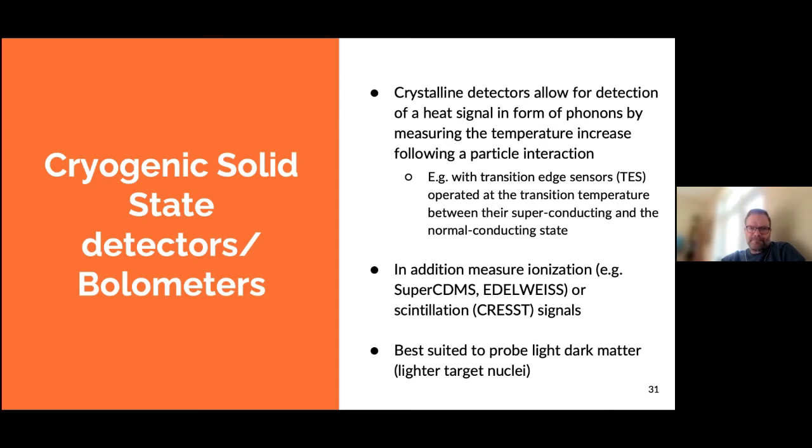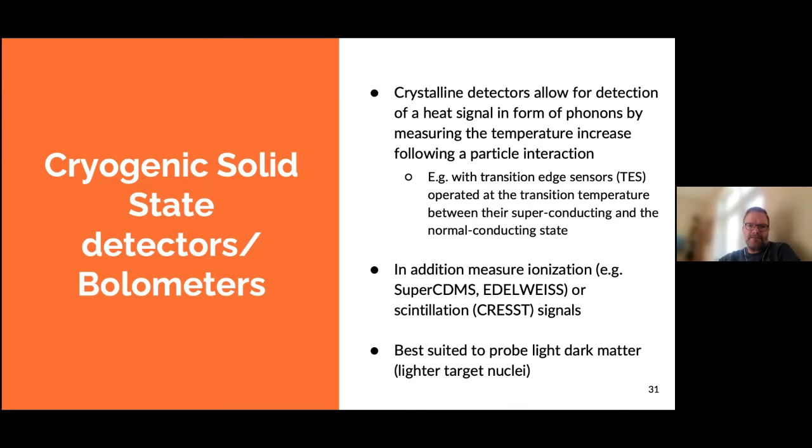And so here the state of the art again is to make use of two of the possible signals that you can detect, and in this case you have phonons, and then in addition you measure either ionization or scintillation. And typically these crystals are silicon or germanium, which are lighter nuclei,